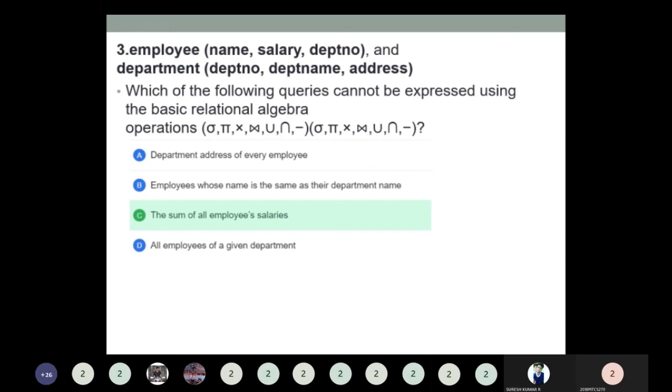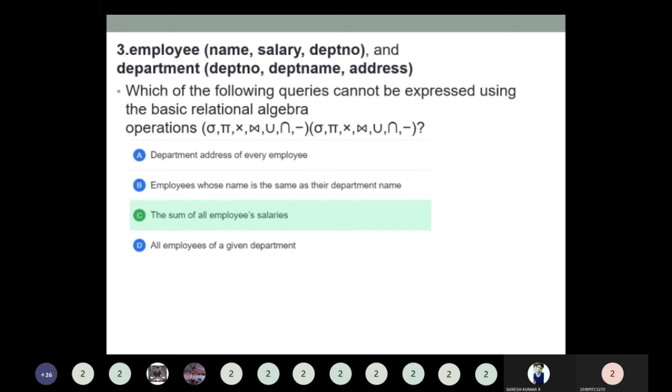Which of the following queries cannot be expressed using basic relational algebra? We know the algebra operations: selection, projection, union, join operation. So here in the question,